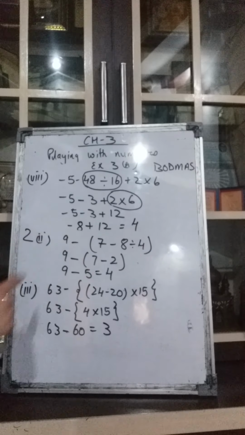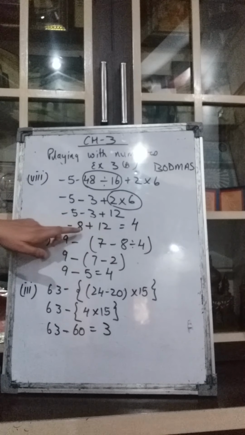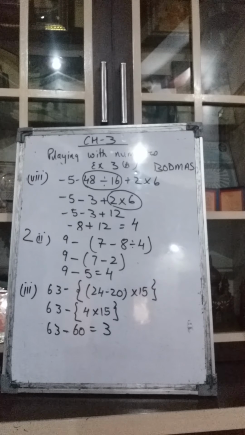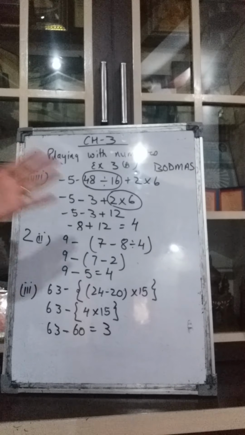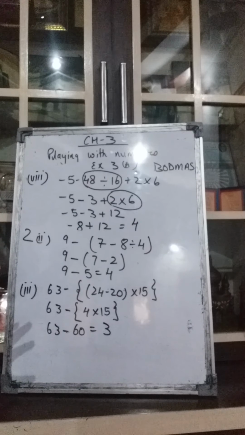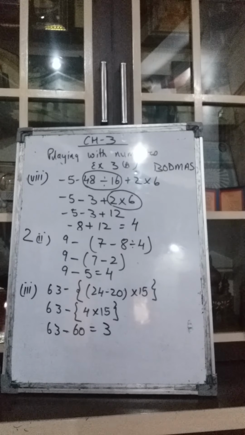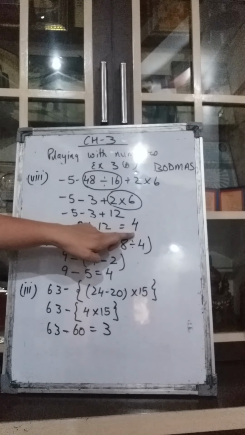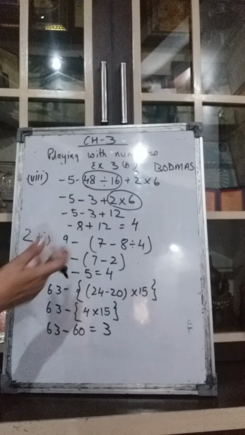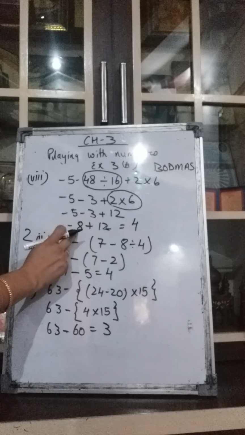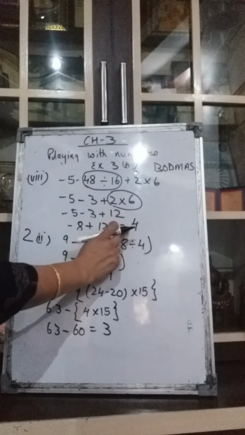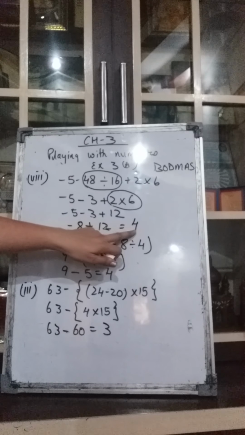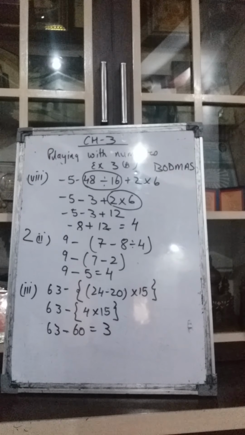Now these two are with the different signs. Whenever the numbers are with the different signs, suppose here it is minus 8, here it is plus 12. You do not know what to do. Then we always do the subtraction. See, negative and positive, they will always be subtracted and the sign of the greater number will come. So 8 and 12, they will be subtracted. 12 minus 8 gives you 4, right? And which is the sign of the greater number? Here 12 is greater than 8. 12 is having positive sign, so here positive sign will come. Positive means no sign. So 4 is the answer. Clear? Now we come to the second question.